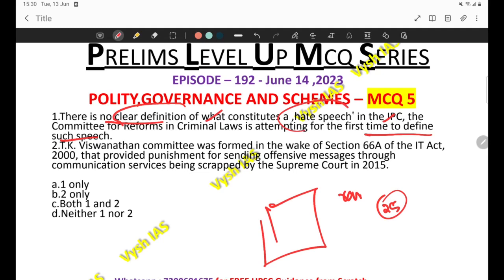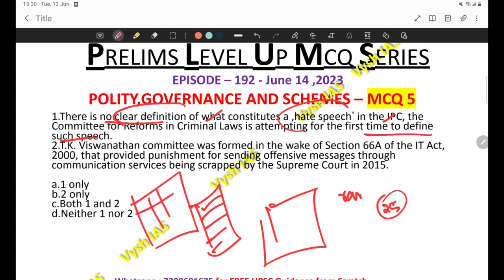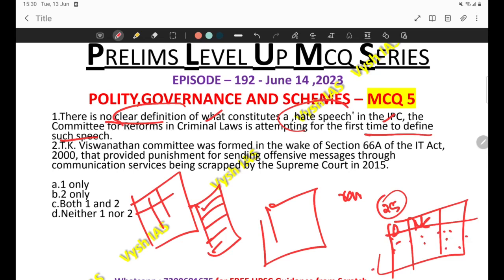Please go today and make a list. Take a paper and make a list of the definitions in the constitution: which are the things that are defined or mentioned in the constitution. You can make a tabular format, and whenever you are learning, you can keep adding entries to it. Make a table like this, with columns such as defined and mentioned, and keep making entries to it. Then you can revise that paper and you will get a grip on this topic.